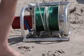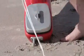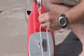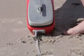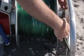The first thing to do is to loop the strop through the carabiner. This is done by removing the carabiner from the seahorse and then looping the strop through the centre of the carabiner and over the top. The strop will then pull tight into a half hitch on the carabiner. Reconnect the carabiner to the tow point. Also, remove the D-pin from the winch and clip onto the winch frame and drop the drag rubber onto the